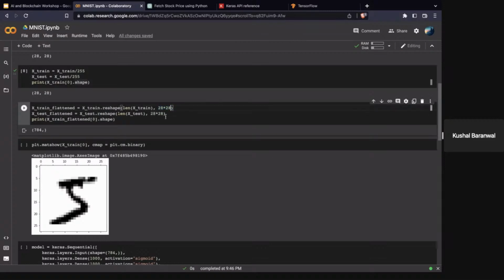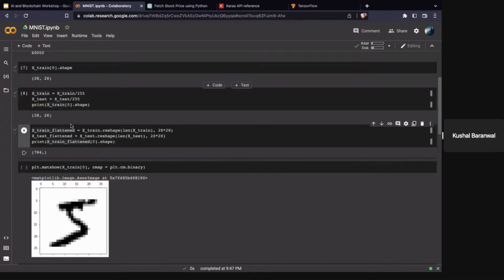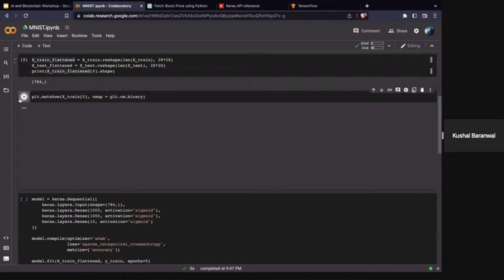You can just type that in, but I was too lazy. So essentially, now these two variables are just going to be the exact same things, but instead of being a nested array of 28 by 28, it's just going to be a single array with 784. If you run it, you can see that the shape of the new variable is just 784. Now I made this for a visual representation of what the data looks like.